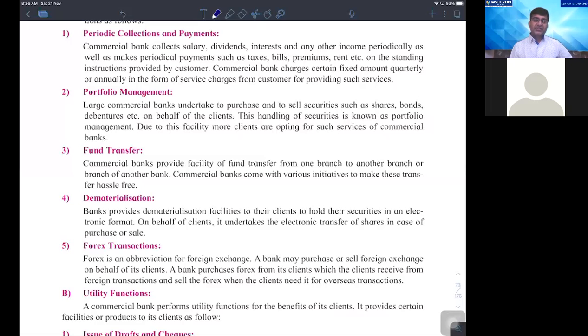what banks do is they provide you the services they can. In fact, for this, there are the exclusive professionals available, but the banks also in the current date are providing these kind of services. So what they do, they collect the funds from you and then they open a separate account in your name and they deposit the money into that account and can purchase or sell the securities, shares, bonds, debentures, etc. on your behalf. And for that purpose, they will be charging certain fee called as portfolio management service fee.